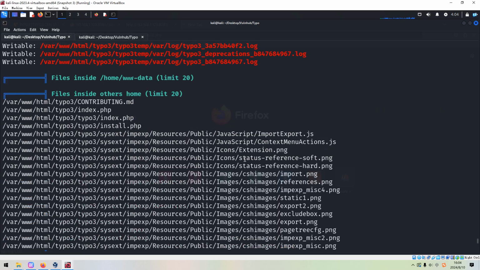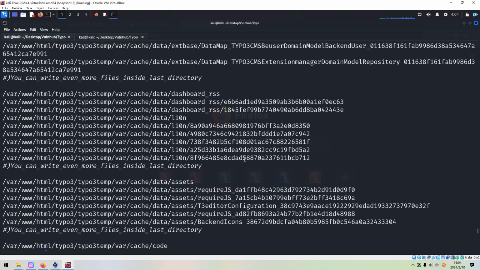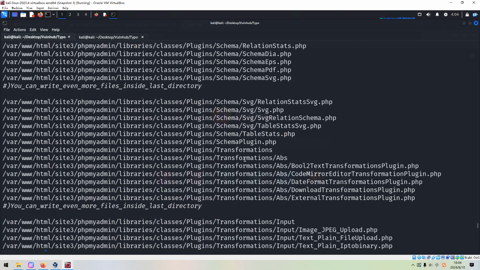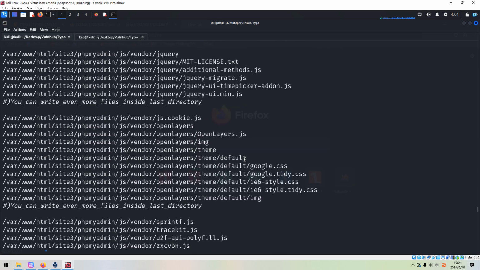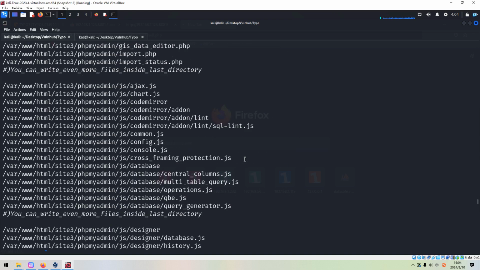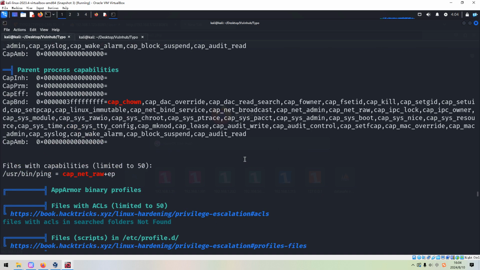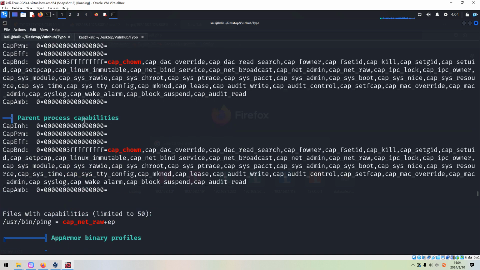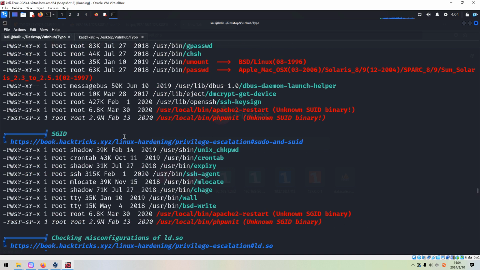Let's scroll back to see whether we can find something interesting. phpMyAdmin application. Parent process capabilities. SUID. This one. Unknown SUID binary. Maybe we need to take a look at both.